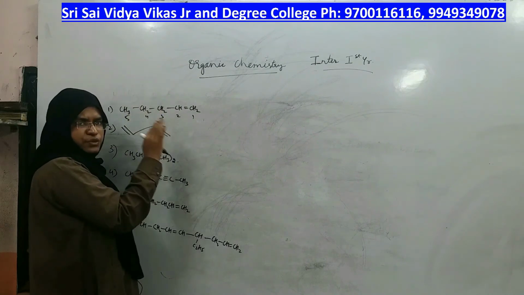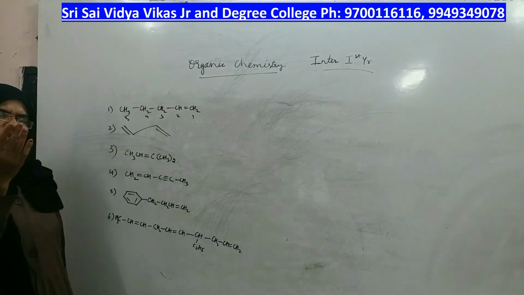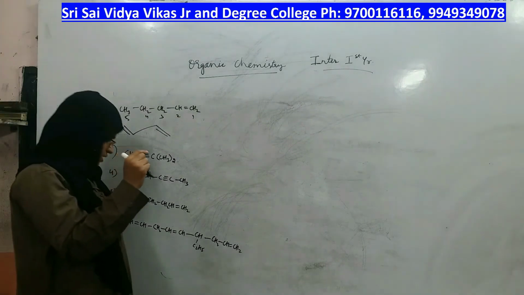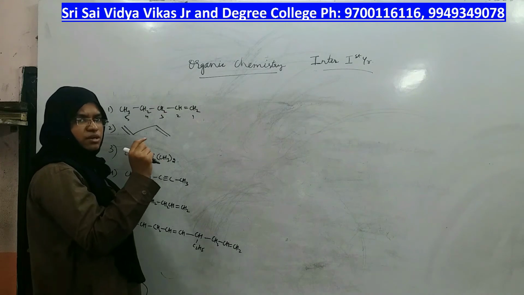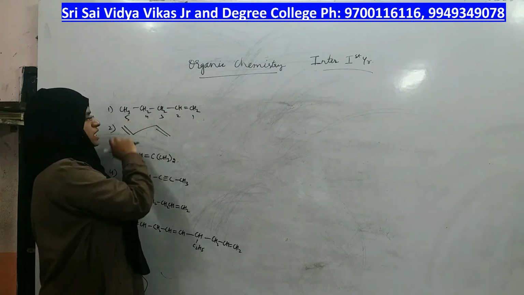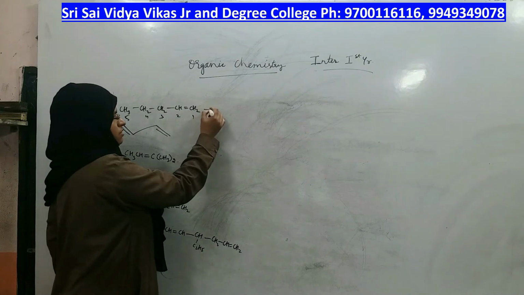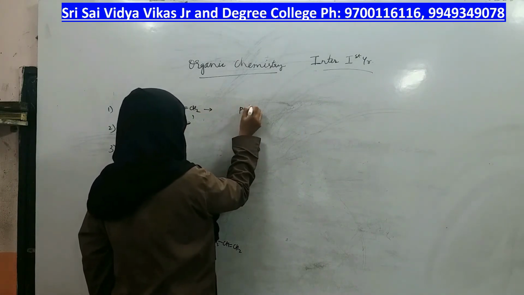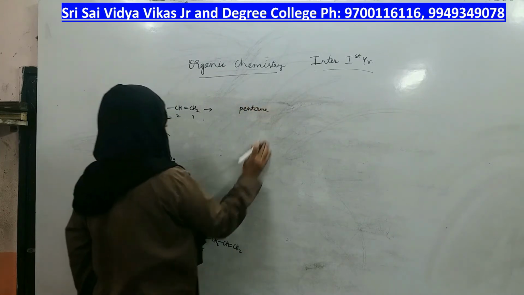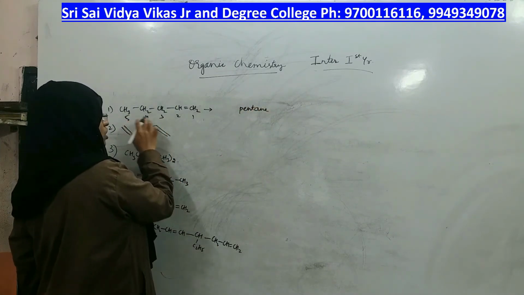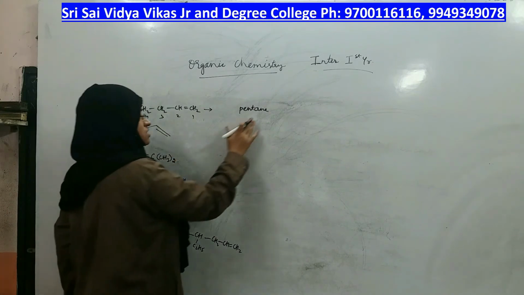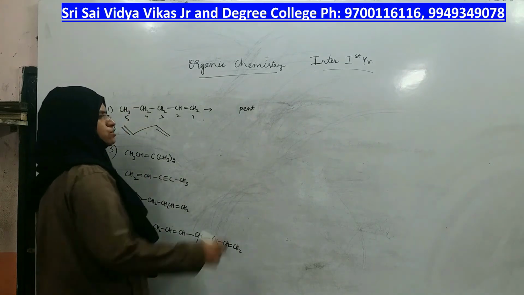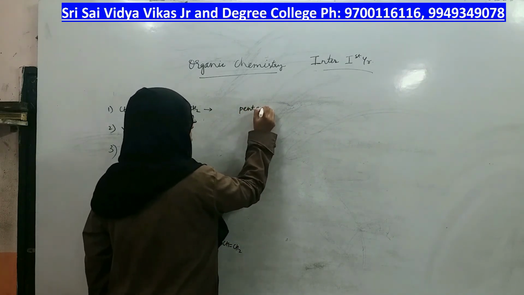Preference should be given to a double bond and a triple bond because single bonds are common. Anyway you can select, but if double and triple is present, you should give preference to them, right? So 1, 2, 3, 4, 5 is the numbering which is correct. What is the root word for 5 carbons? Pent. Can I write pentane? No, I cannot write pentane because all the bonds are not sigma bonds. There is one bond which is a double bond. Even if one bond is present also, you should write them as pentene.